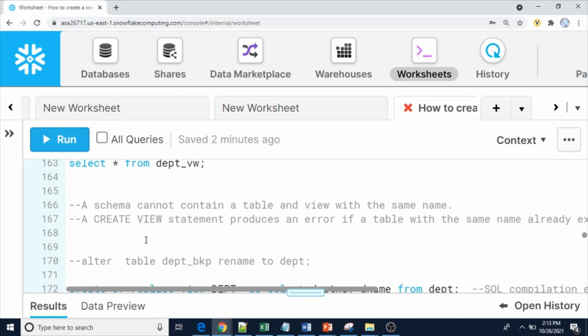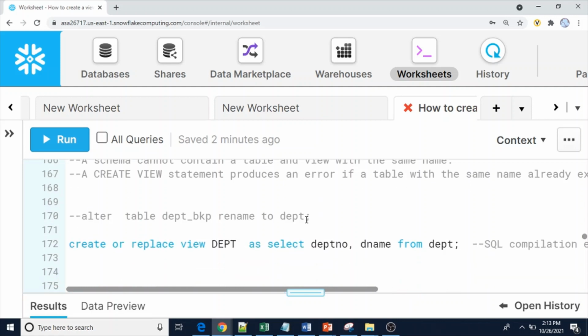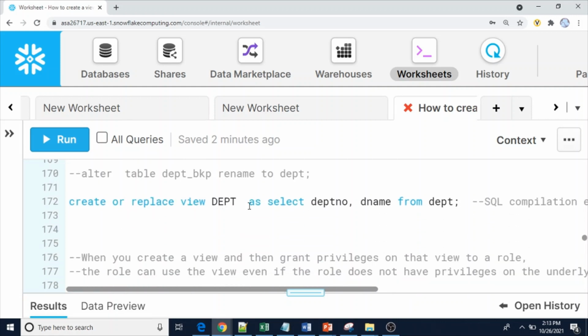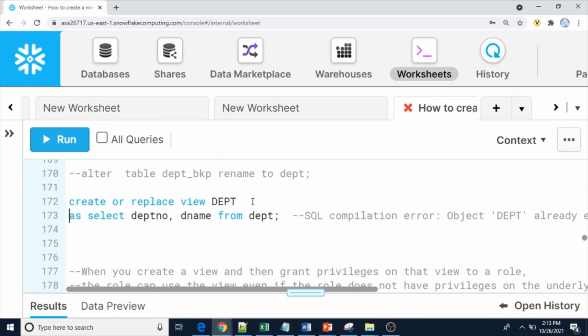Now, a schema cannot contain a table and a view with the same name. A create view statement produces an error if a table with the same name already exists. For that, I am not going to take the backup, let me remove this one. Create or replace view, view name DEPT, as select star from DEPT.